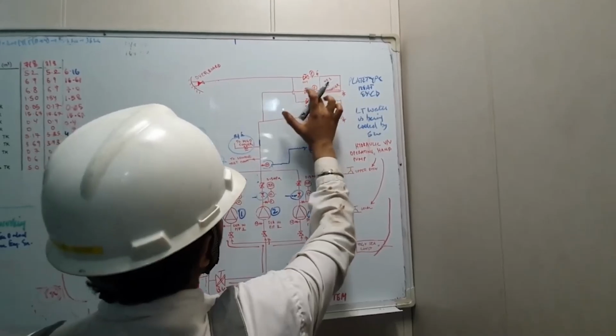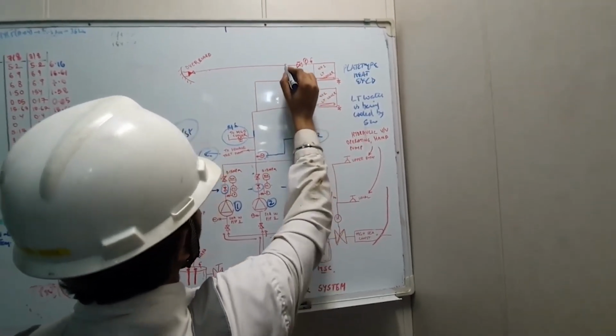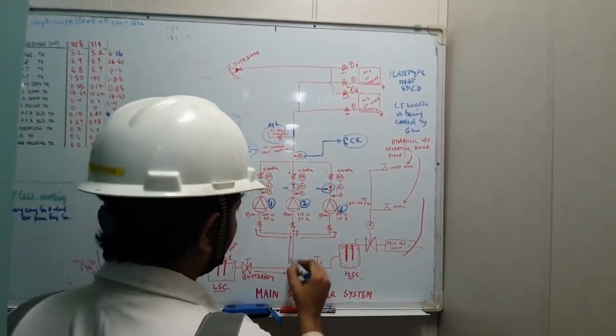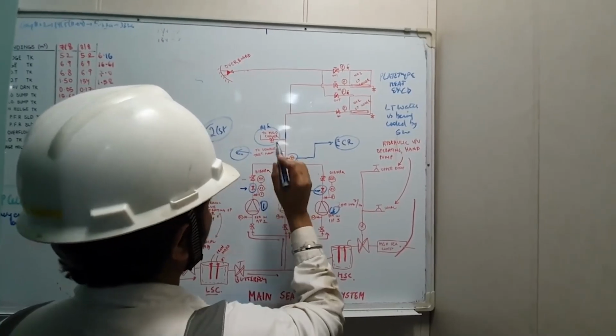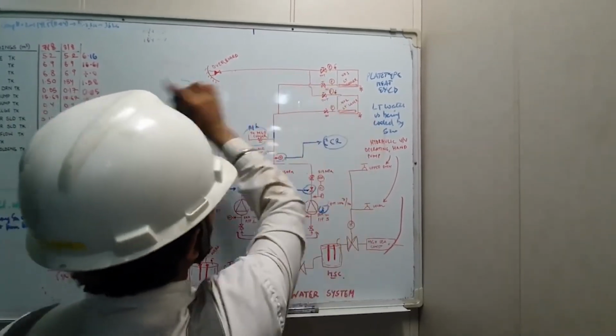Also it goes into the other cooler. It comes out from the other cooler, and both the outlet lines you can see are joined together and then they are going overboard. Can you see? The water is going outside. So the water that is coming from here going to the sewage treatment plant, if the valve is shut, no problems. MGO cooler valve is shut, no problems. Then it goes to the LT cooler and then it goes out.